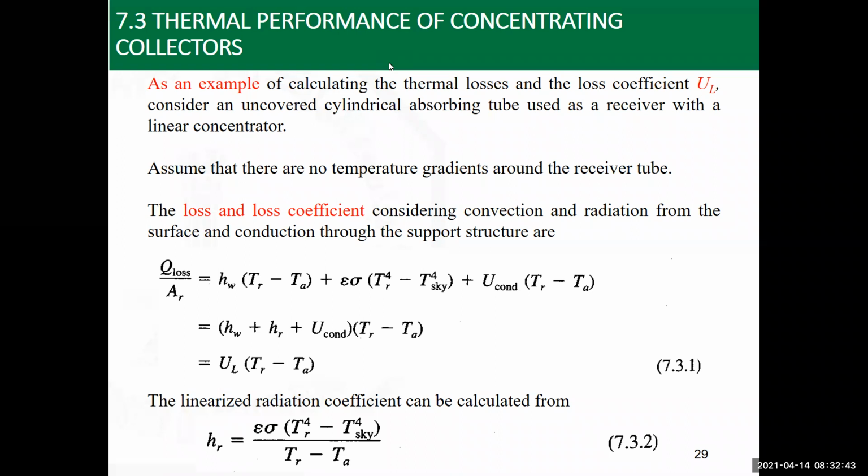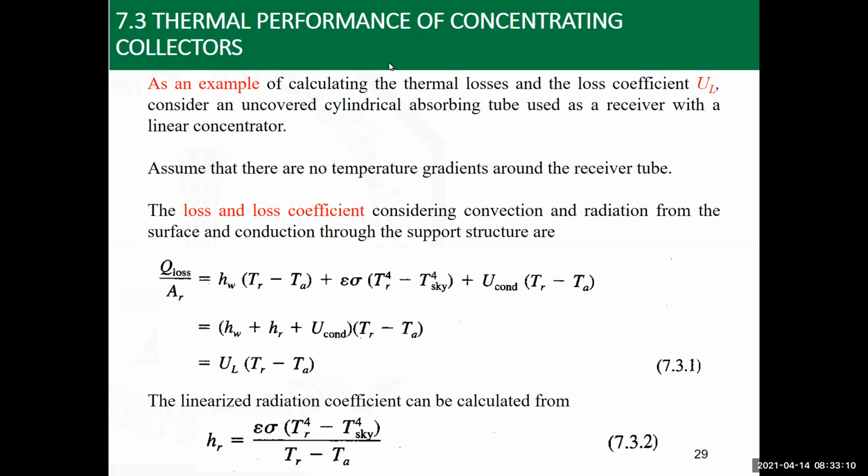The HW here can be determined the way we studied in chapter 3. This is external flow over a surface. So we determine the Reynolds number, the Prandtl number might be needed, and then we get the correlation for the Nusselt number, from which we can get the value of the heat transfer coefficient, HW. The second term is talking about radiation losses to the surroundings,